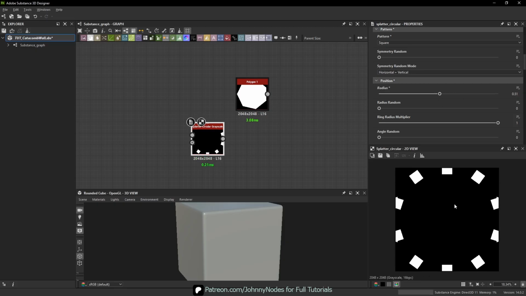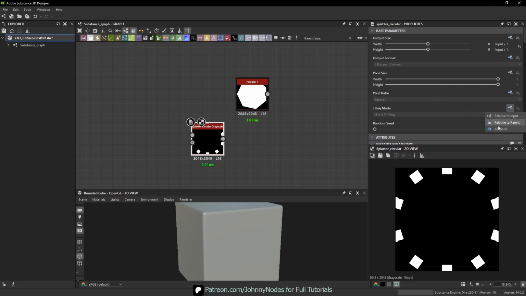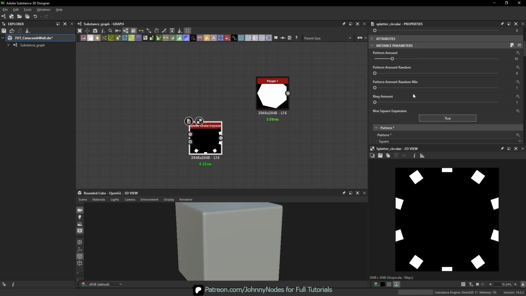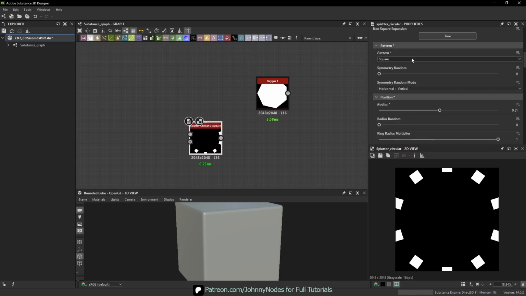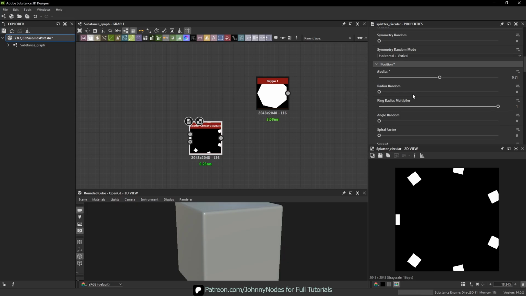We can actually turn the tiling on this node off because we don't really care about that. So we can go up to tile absolute and just turn off the tiling. We're not going to care about that here. In fact, it'll just make this easier. So what I'm going to do now is just increase. We probably don't need as many of these. We'll just play with this as we go. But I'm going to increase the size of these,